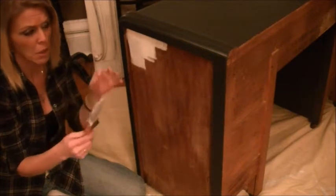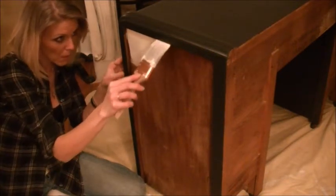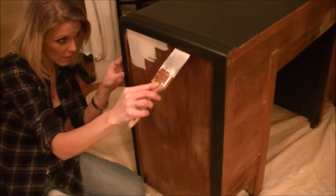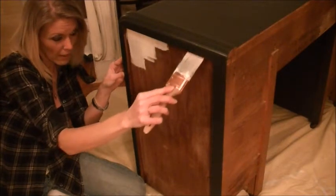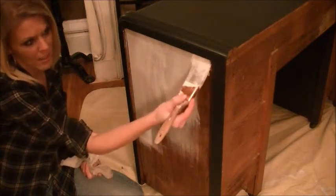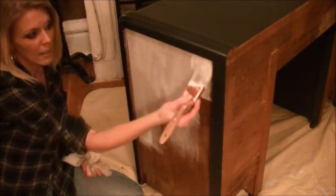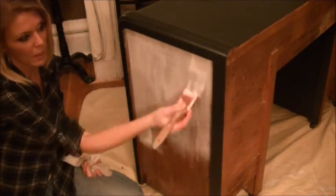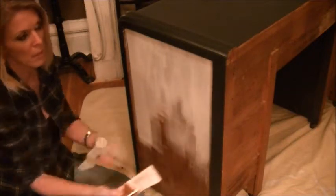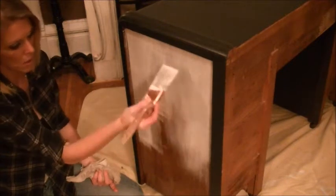Number two, usually if you're using a good quality brush with a nice flat head, I'm using about a 2-inch brush here, you've got the perfect flat surface to get right up under here and just pull out, and it will cover it nicely. I'm going through again with my brush, and I'm not really worried about being pristine or perfect. I'm really just worried about getting the paint on, and I'm creating that movement in the paint with the brush,